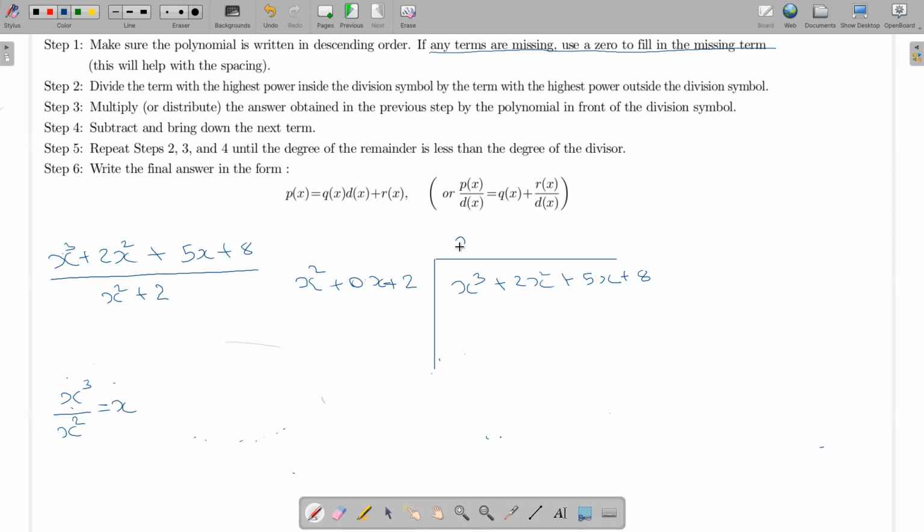I write x here. Okay, x cubed divided by x squared gives x. Okay, x